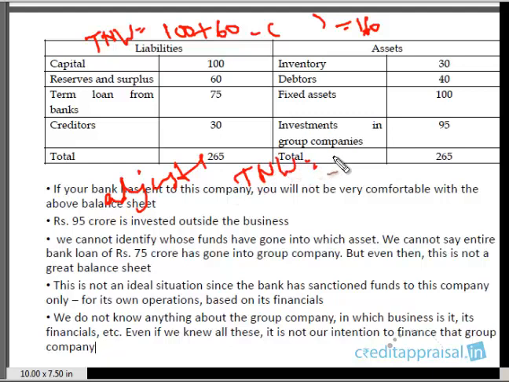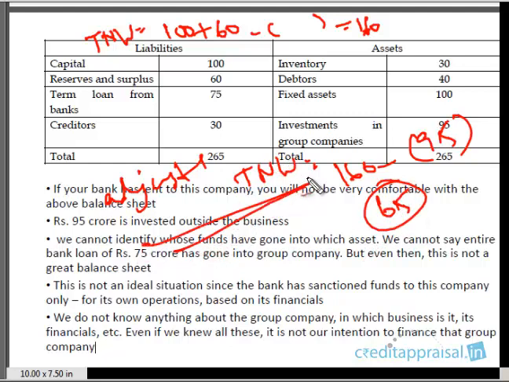What we'll do, we'll deduct your investments from subsidiary companies. So what they'll say, we'll deduct 95 from this 160. Is this clear? So what they will say is, the net worth is 65, that is adjusted net worth. This is a revised net worth, in the sense that the owner's funds of only 65 lakhs are in this